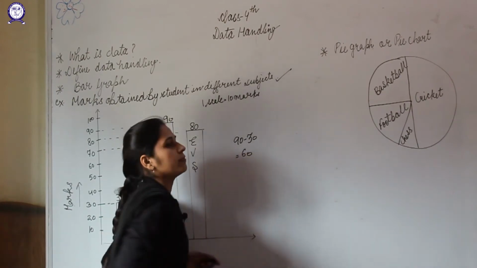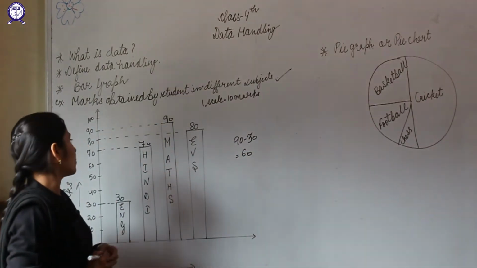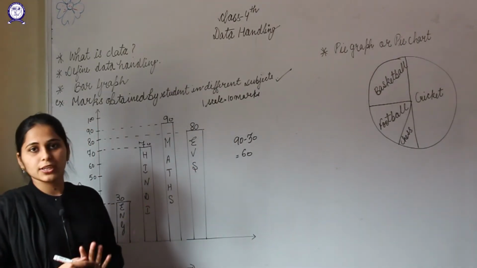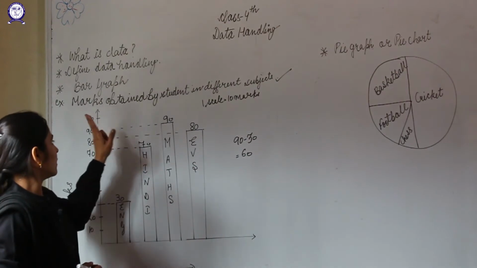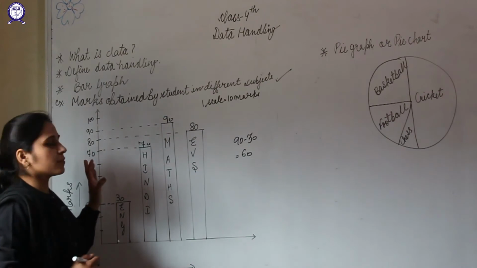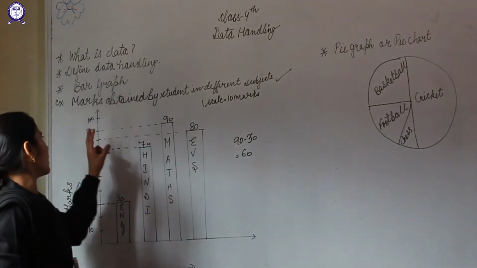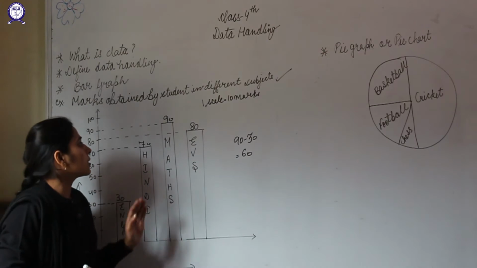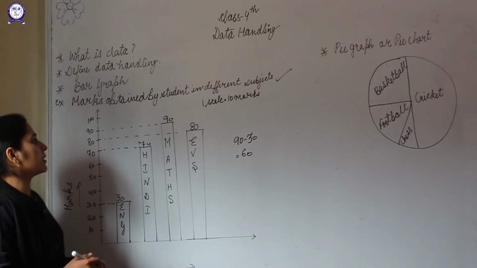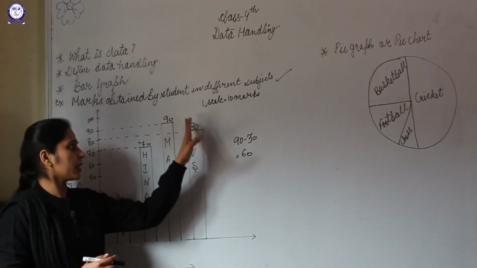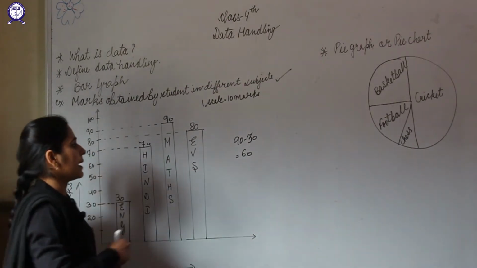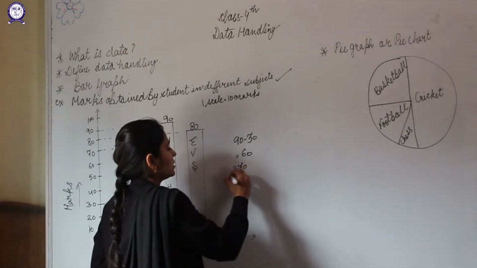Or if you are asked what the total marks of those subjects or exams were, this is the highest value given, so the maximum marks were 100. Now you can also be asked to find the total marks of the student. So the total marks will be 30 plus 70, that is 100, 100 plus 90, 190, 190 plus 80, it will be 270. So the total marks is 270.